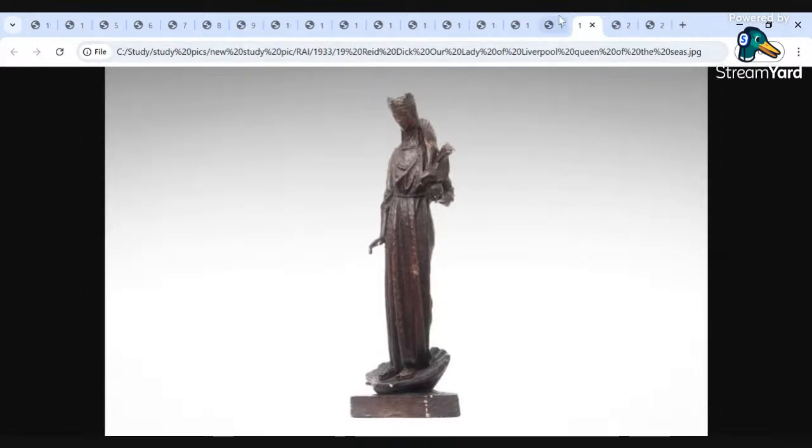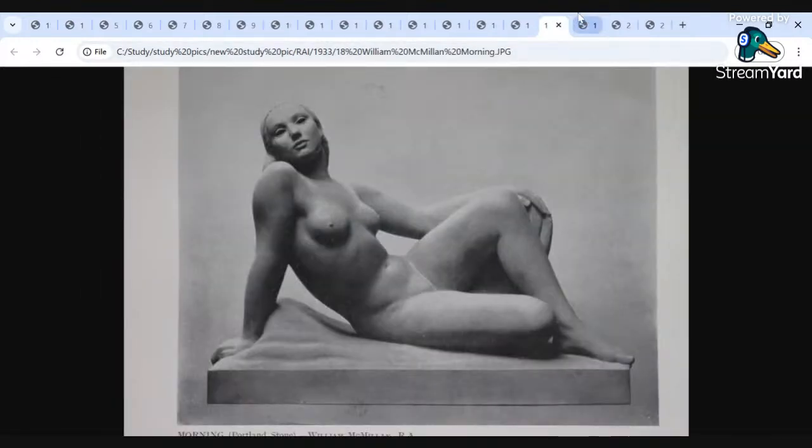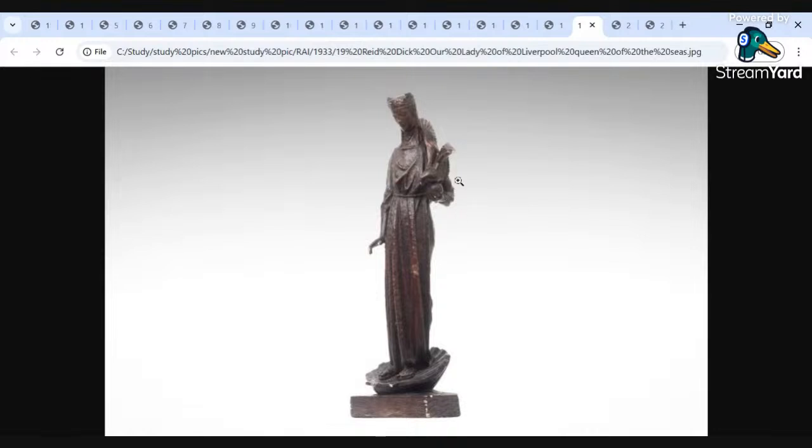Okay, we're going from like one side of the scale to the other. This is Reed Dick for the Our Lady of Liverpool, Queen of the Seas. Now, I actually first heard about this through an auction house years ago. This piece went up for sale, and I didn't win it, annoyingly. But this was a design for the cathedral in Liverpool, and I would say that cathedral was going to